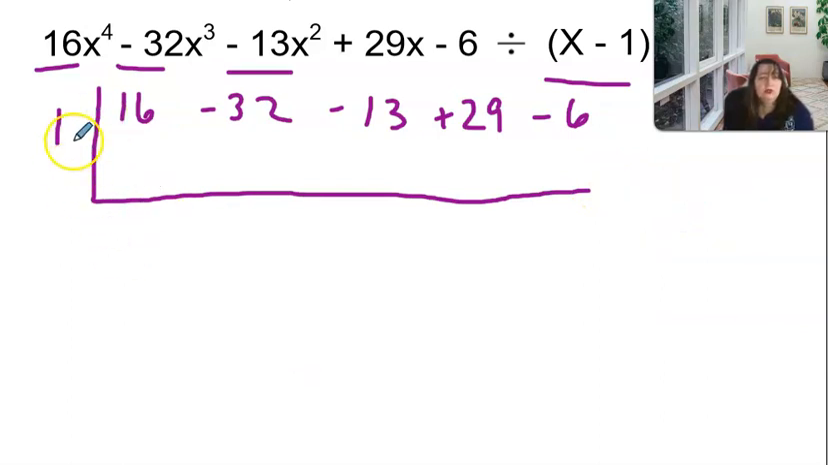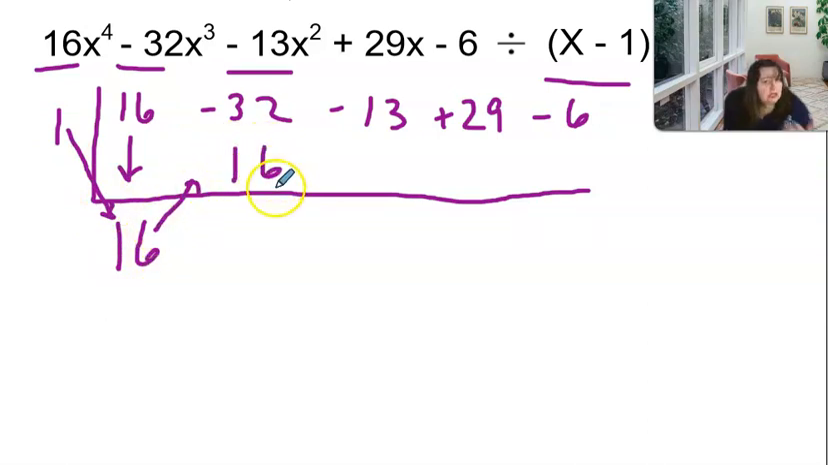Okay, so the first thing I do is I take this number right here and I bring it down. So whatever the first number is, whatever the coefficient is, I'm just going to bring it down. And then I multiply this 1 times 16 and put it right there. So I just do that, and I'm going to continue to do that all the way across. And it's actually not too bad